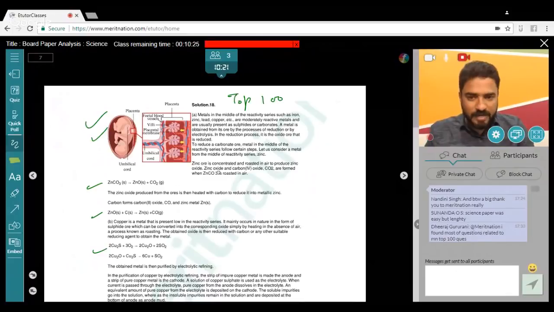Okay, from an NCERT question, this question was a bit lengthy. The question number 18, I can say yes, if you have mentioned all the points, all the steps, all the reactions, and probably with the diagram, then it would have taken a lot of your time as such. Okay,